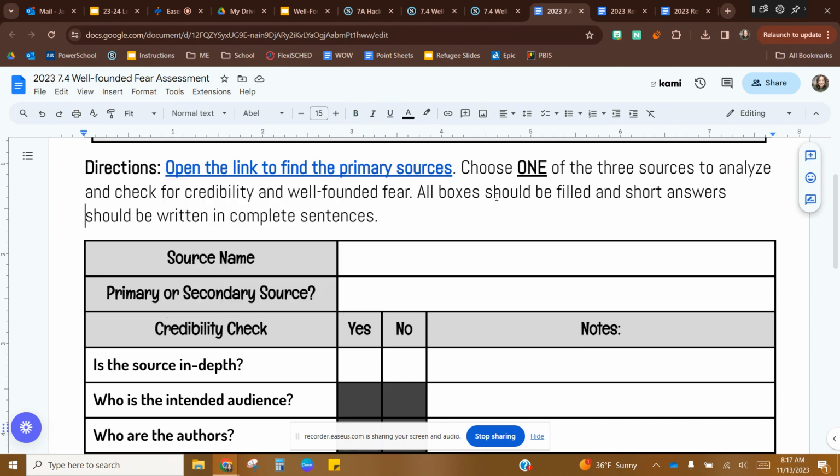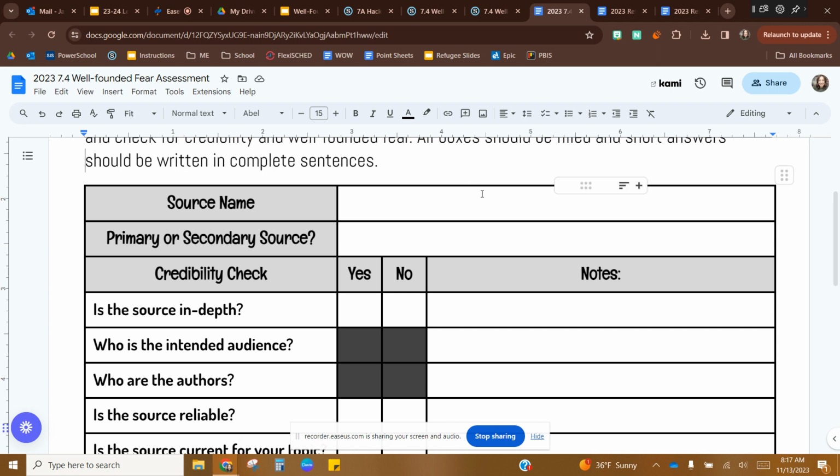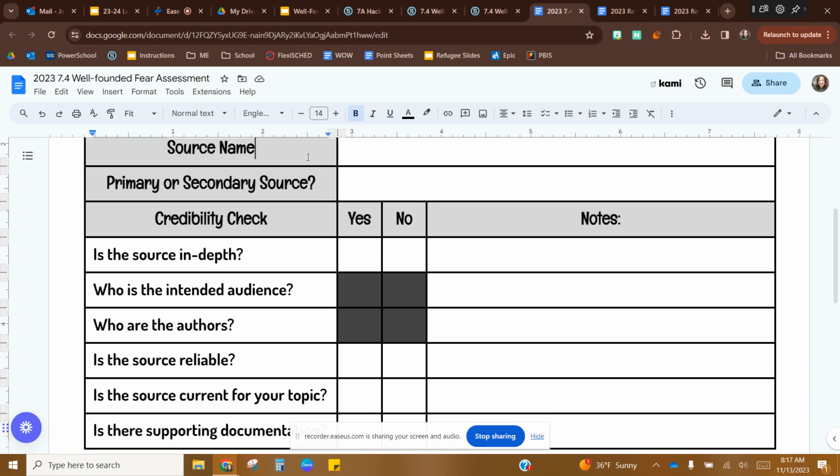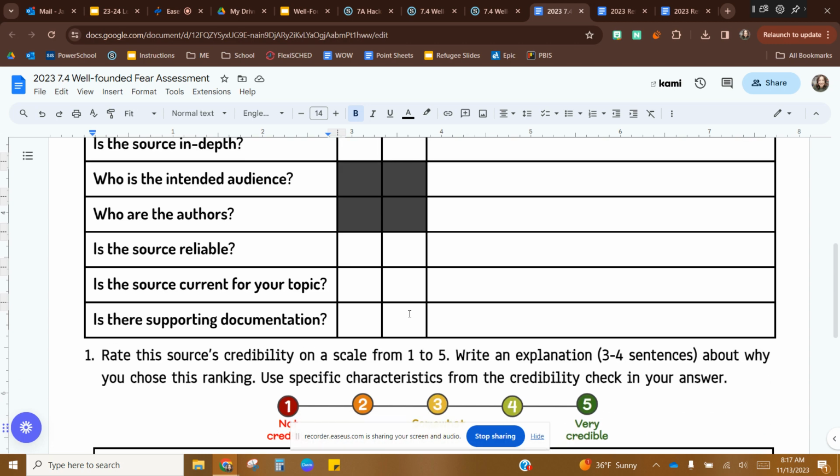It says, choose one of the three sources to analyze and check for credibility and well-founded fear. All of the boxes should be filled and short answers should be written in complete sentences. So you're not looking at all three of the sources. You're just looking at one of them, okay? And where it says the credibility check here, this is obviously where you would do that.